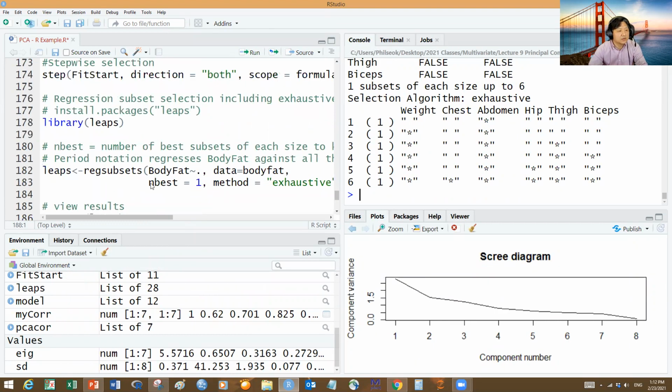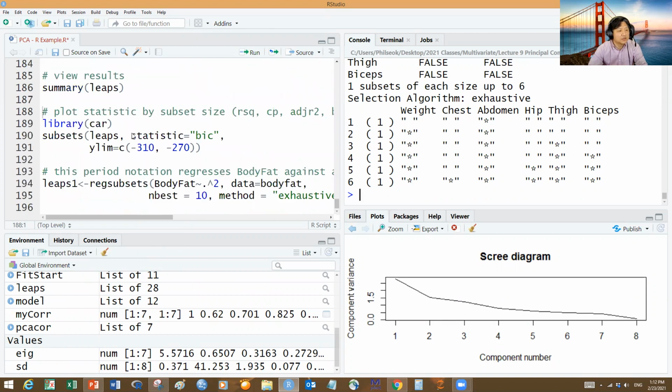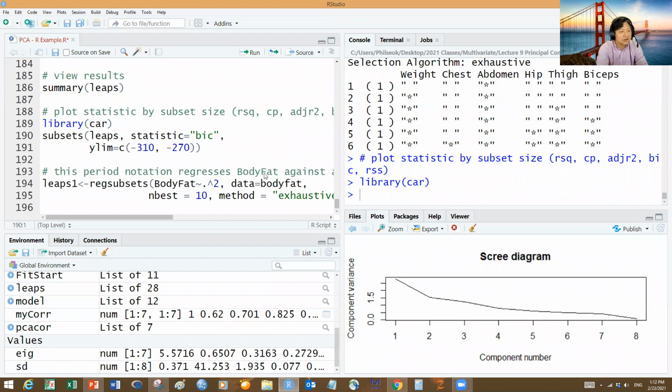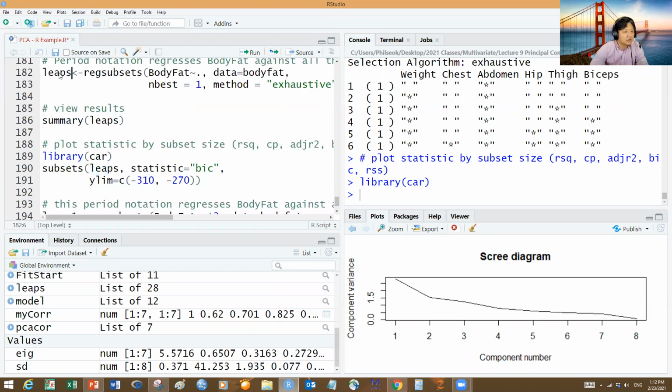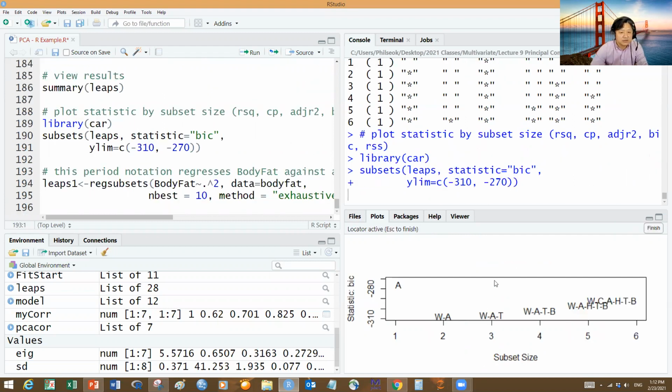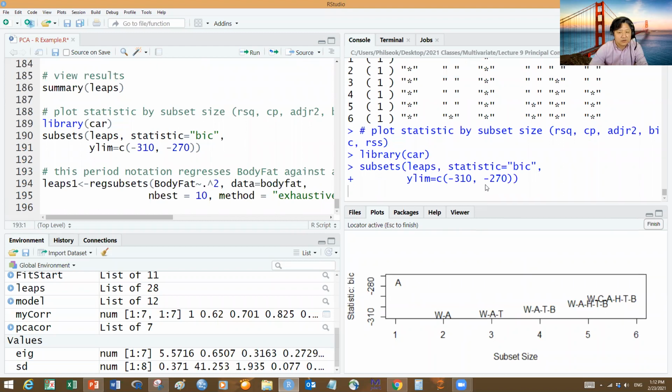You can also plot it using the subsets function. You need to install the car package, and then the subsets function. This is we just run this model, and statistics. I will get the BIC here. So run it. So if you see,